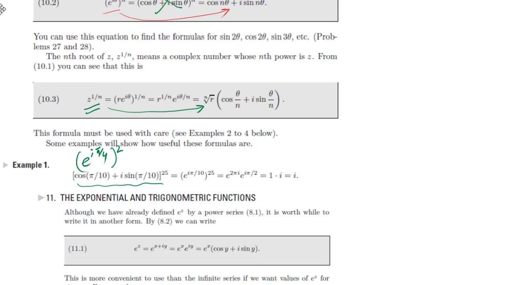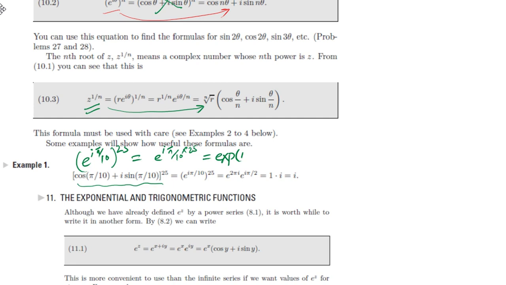Then you just multiply it inside, and at the end of the day you get a very simple expression, that is e to the power iota pi over 10 multiplied by 25, so you get exponential